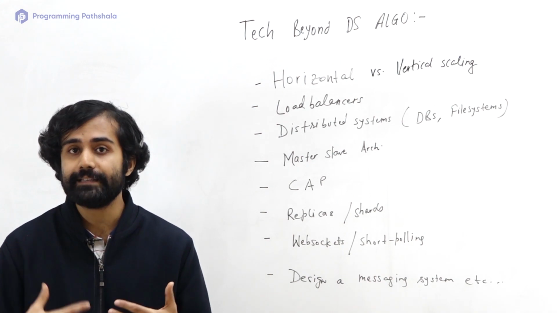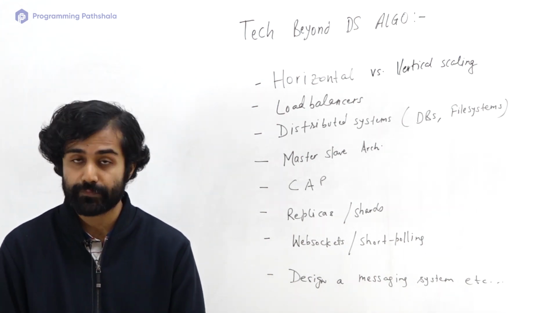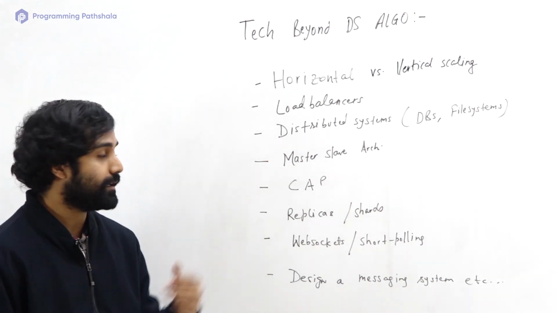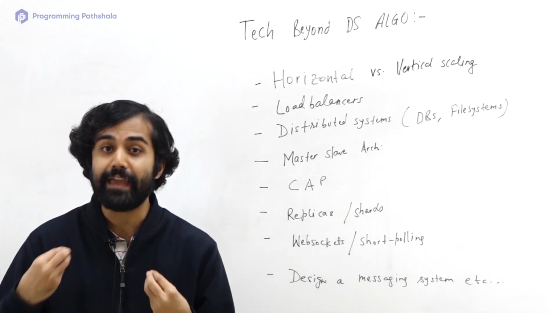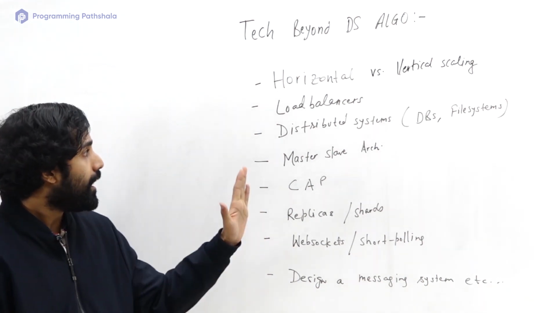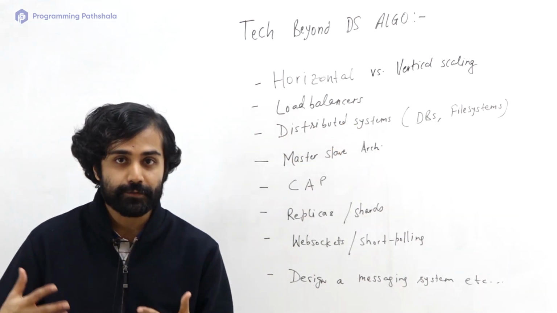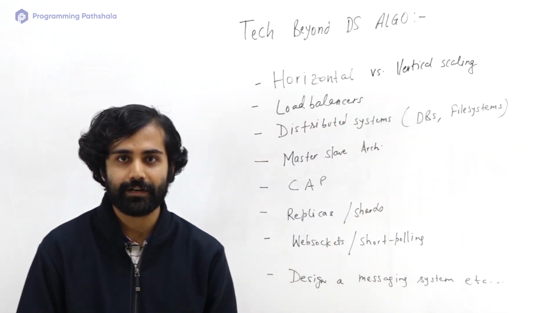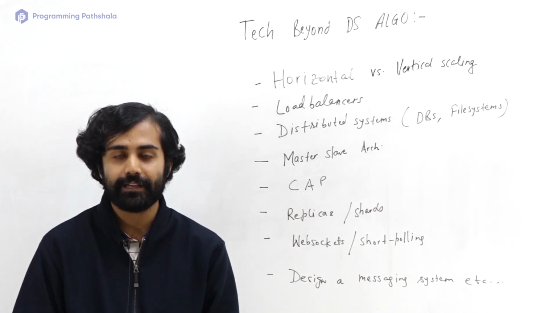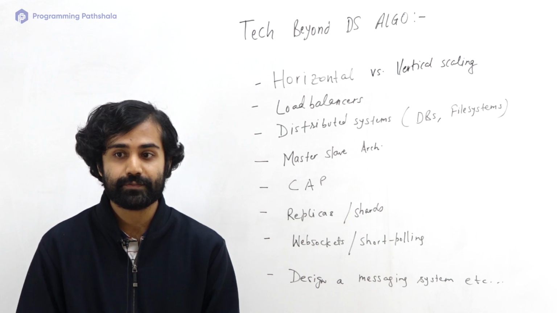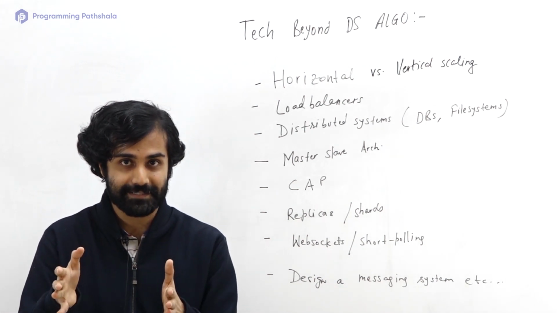So what is the way in which distributed systems work? What are the different kinds of architectures out there? You must be familiar with some very well-known architectures like master slave. Now, distributed systems are not just limited to databases. You can have distributed file systems as well. If you look at your computer, if you are using Linux, you can study how a Linux based file system works. That's a single node file system, right?